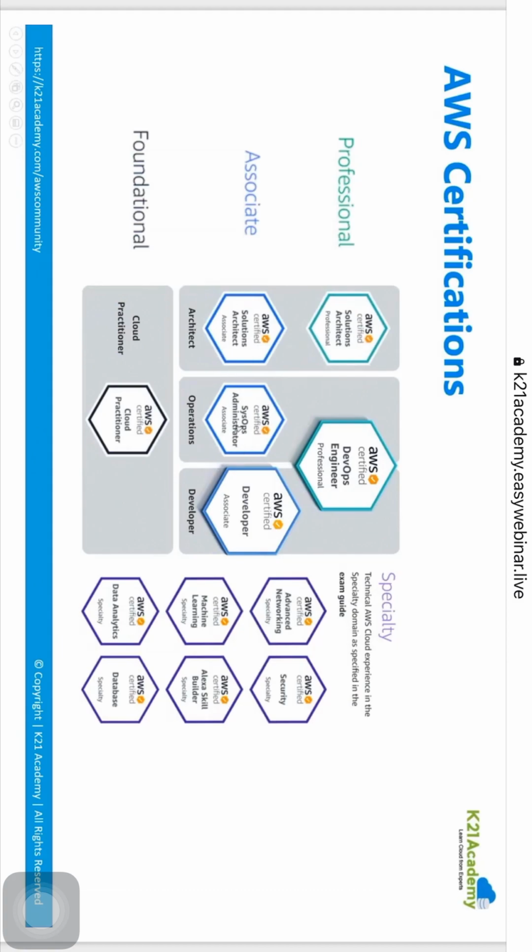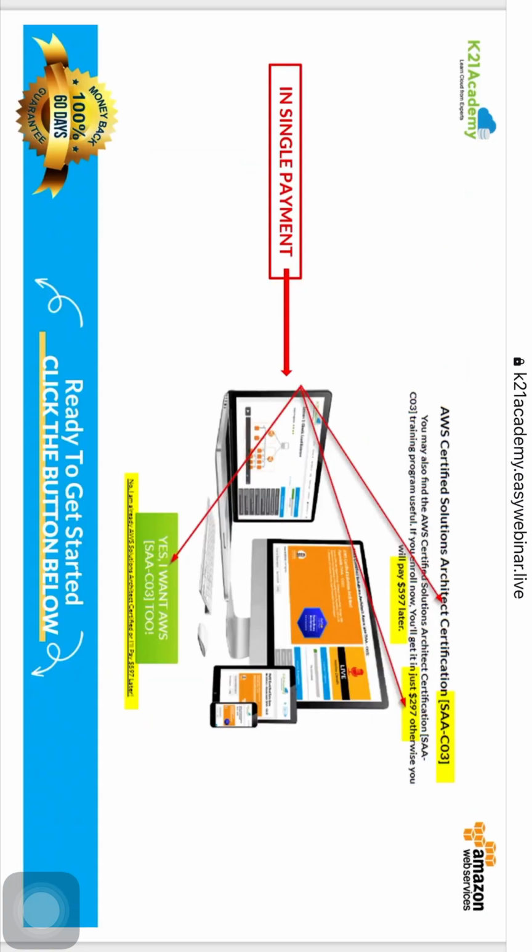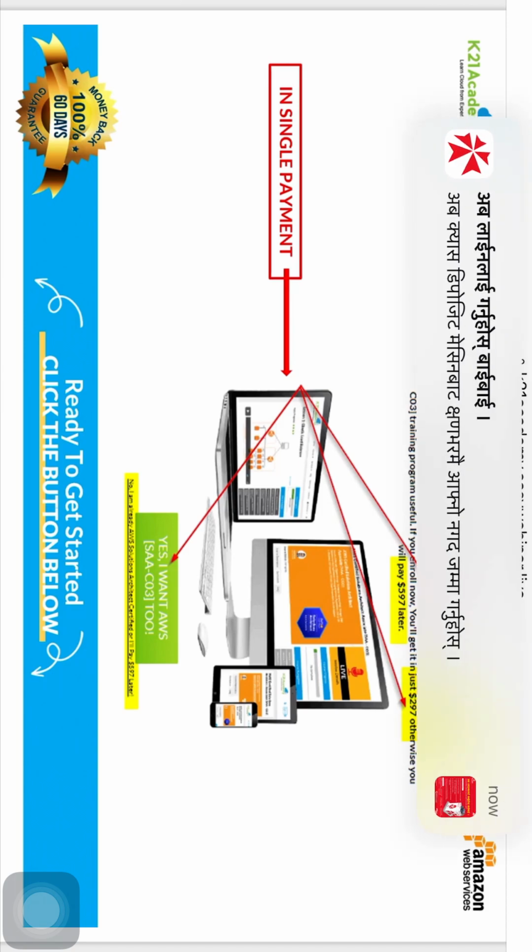We might be working on SysOps as well, but before you go for SysOps, we want to make sure that you're good in solution architect, because a lot of things we'll learn here are useful if you're coming from an operations background. But if you're buying it with AWS Solution DevOps, which is the AWS DevOps program, you get it for just $297, and this is to help if you want to do them together. That means you will get an additional 1 year of on-job support. So instead of 1 year, you get 2 years of on-job support, and you'll get